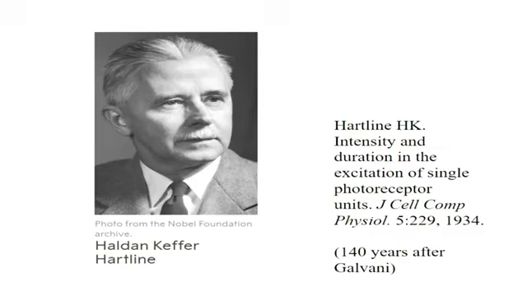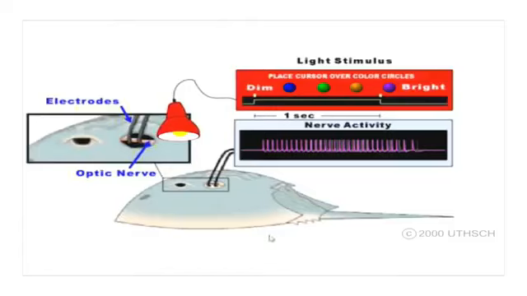Again, he took advantage of modern amplifiers and recording devices, and he also took advantage of a strange, somewhat unpromising animal that was very amenable to these kinds of experiments. Does anybody recognize it? It's a horseshoe crab. If you've visited the beaches along the east coast of the United States, you've probably seen this up on the beaches. It's a very ancient animal. It's been called a living fossil. It's been around for more than 100 million years. It was around before the dinosaurs.